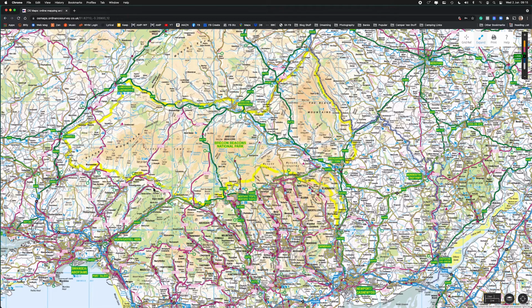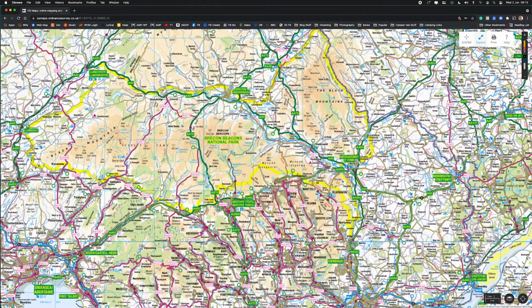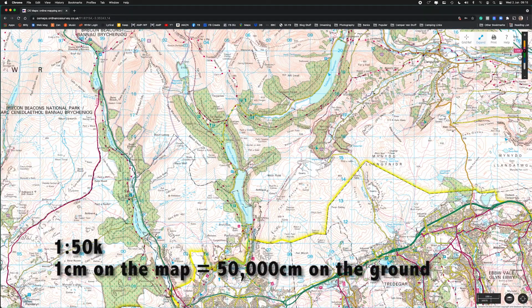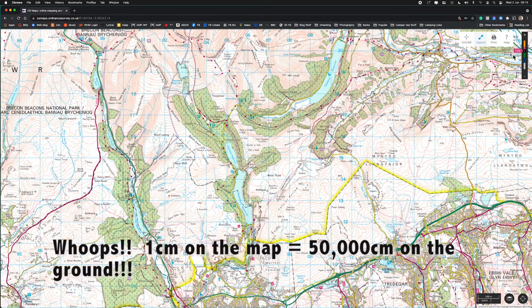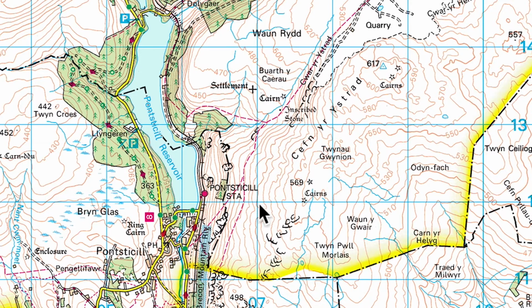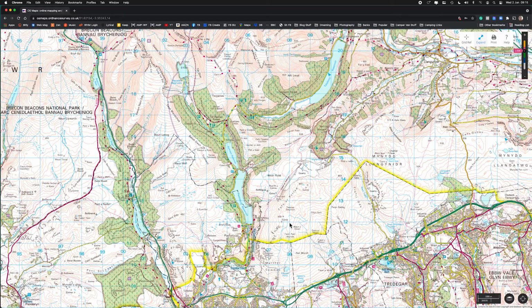I can go further into the map to get a bit more detail, and we come to what is known as a 1 to 50,000 map, which means that 1 centimetre on the map equates to 50,000 centimetres on the ground. So for each of these squares, 2 centimetres equals 1 kilometre. From that corner to that corner in a straight line is 100,000 centimetres, or 1 kilometre. So 2 centimetres to 1 kilometre. I can go further in